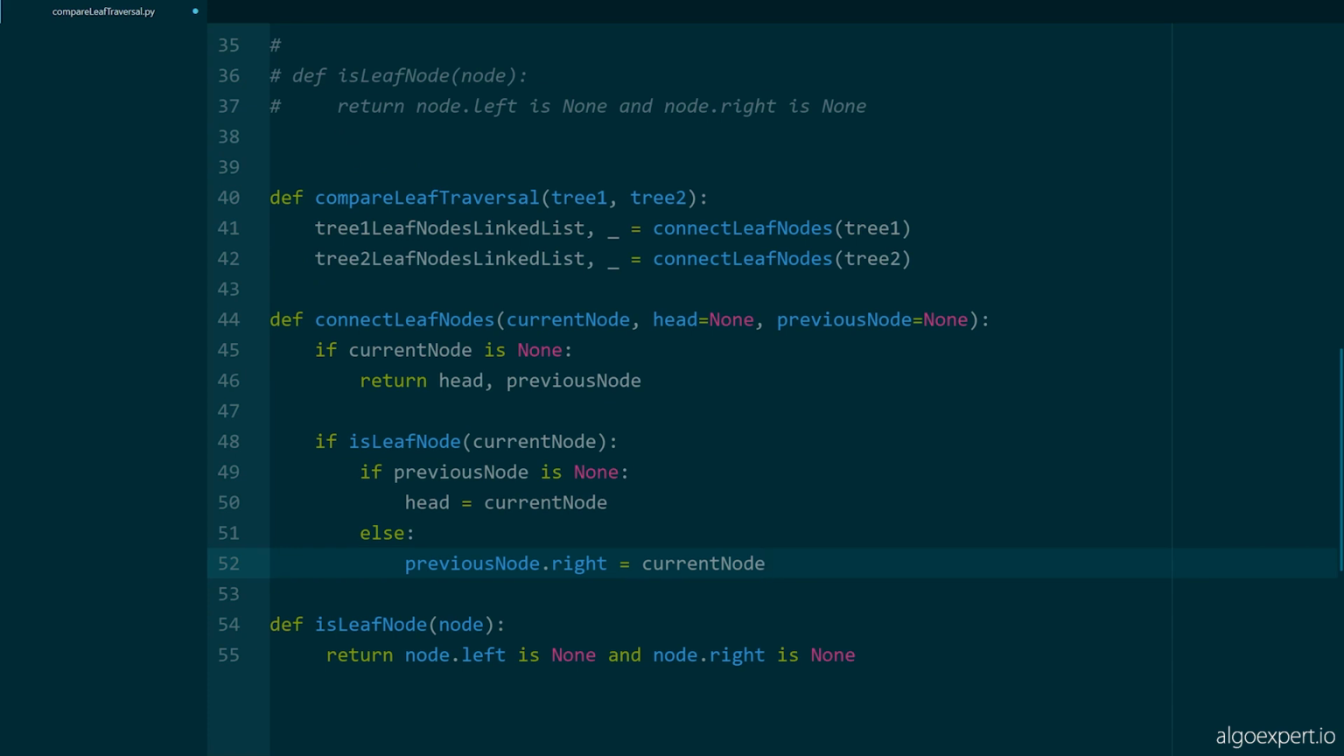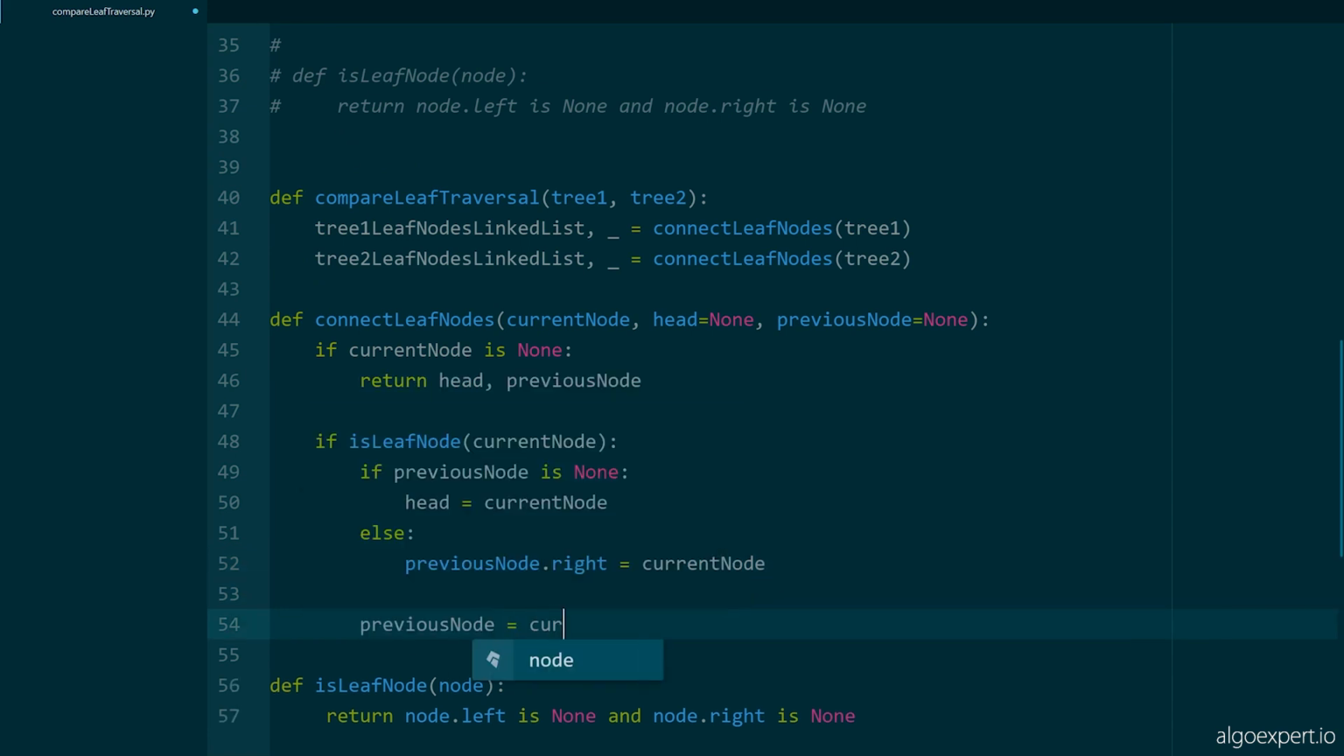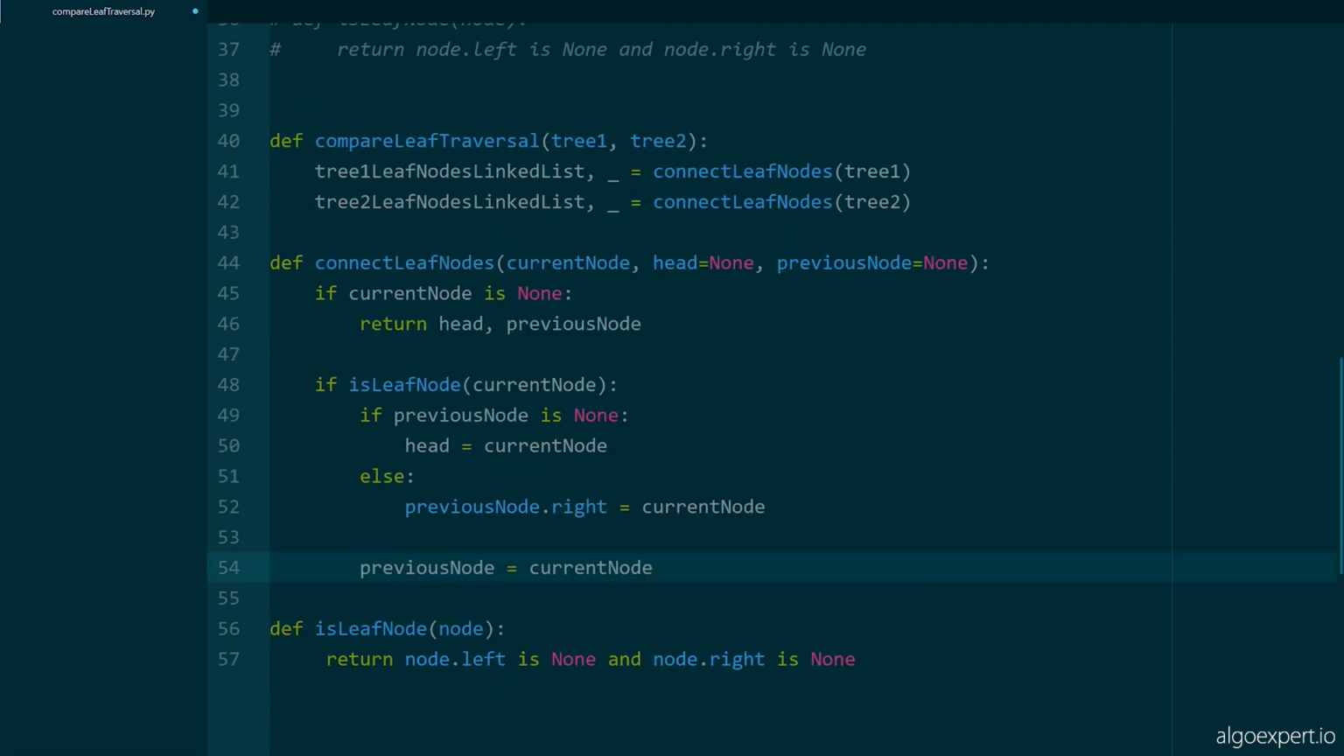And so we can say that previous node dot right is equal to the current node to connect this to the linked list. Okay, so now we will come down here and we will say previous node is equal to current node. We do this regardless of what happens because the current node is a leaf node, which is also the last leaf node that we found as we move on to the next iteration. And that allows us to then connect the next leaf node to it, right? Because we say previous node dot right,